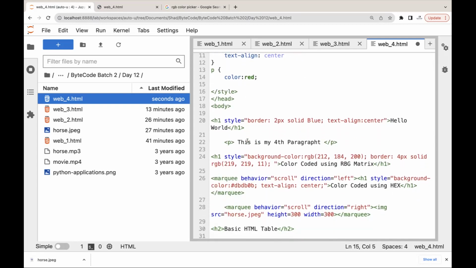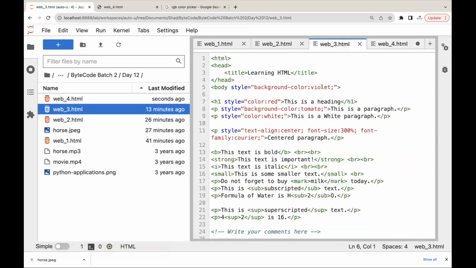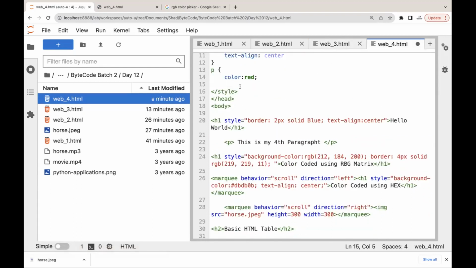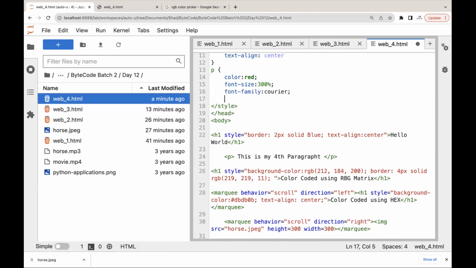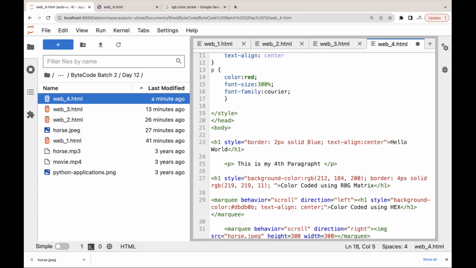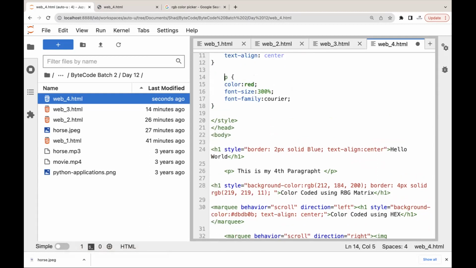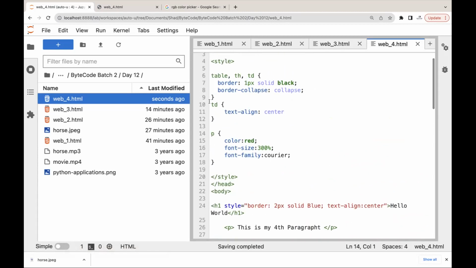And what else do we have for p? We have font size. Okay. Now, if I do this,